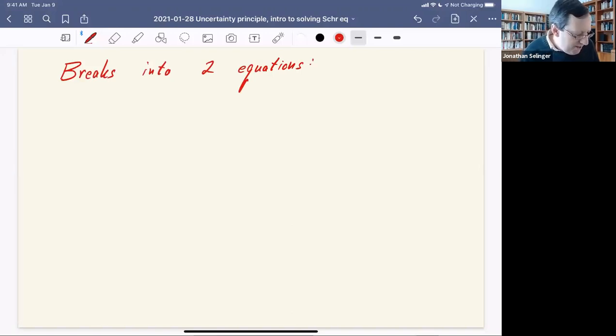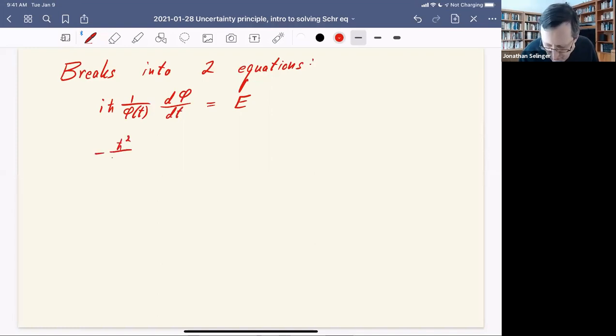So the time equation is that i h bar 1 over phi of t d phi dt is equal to E,